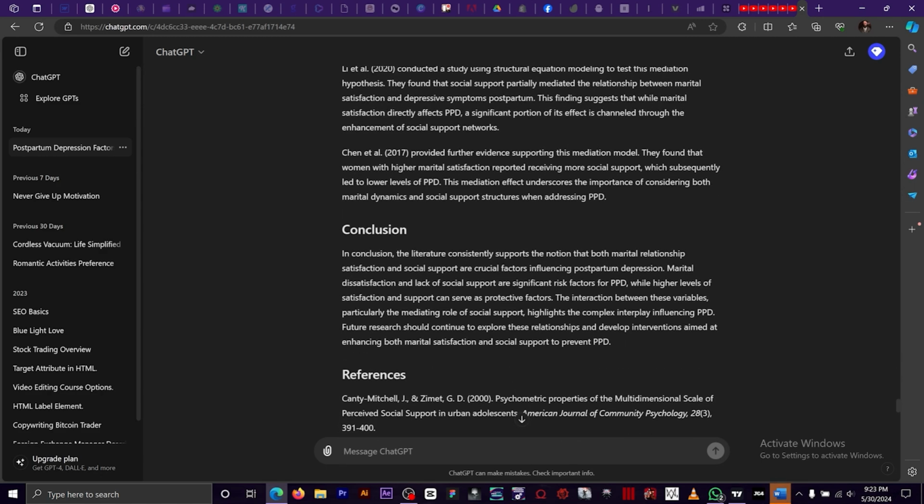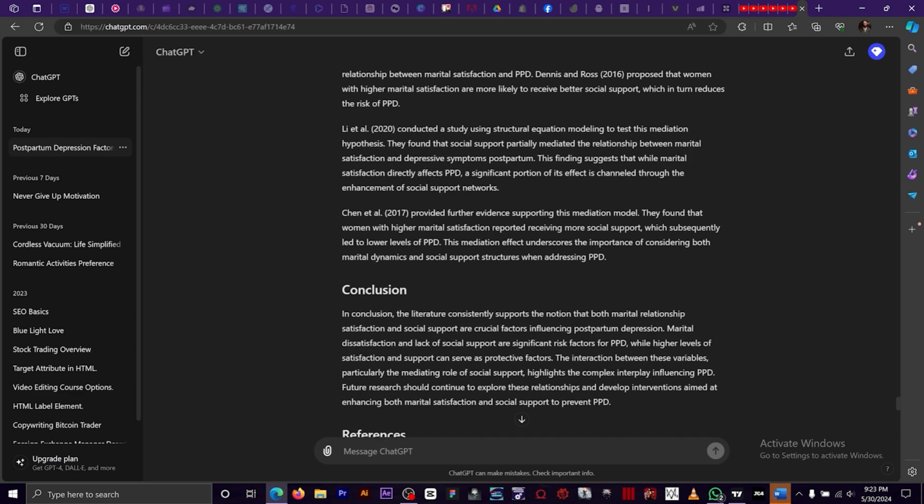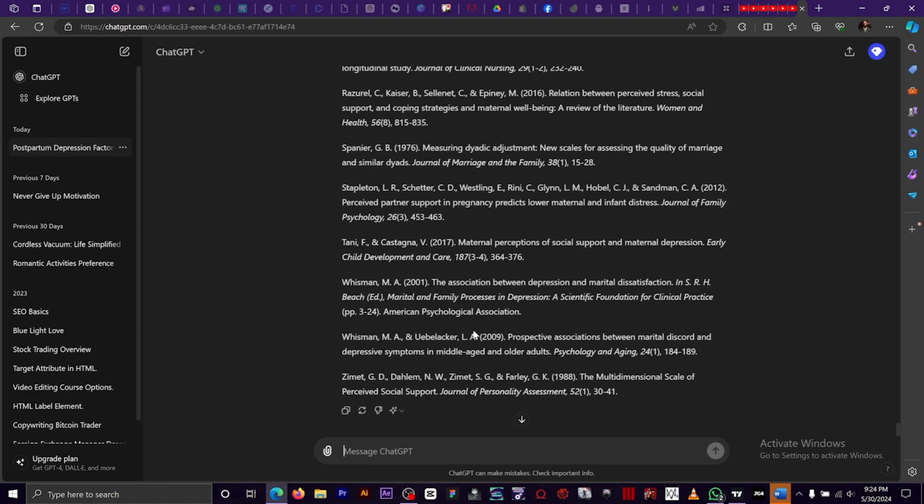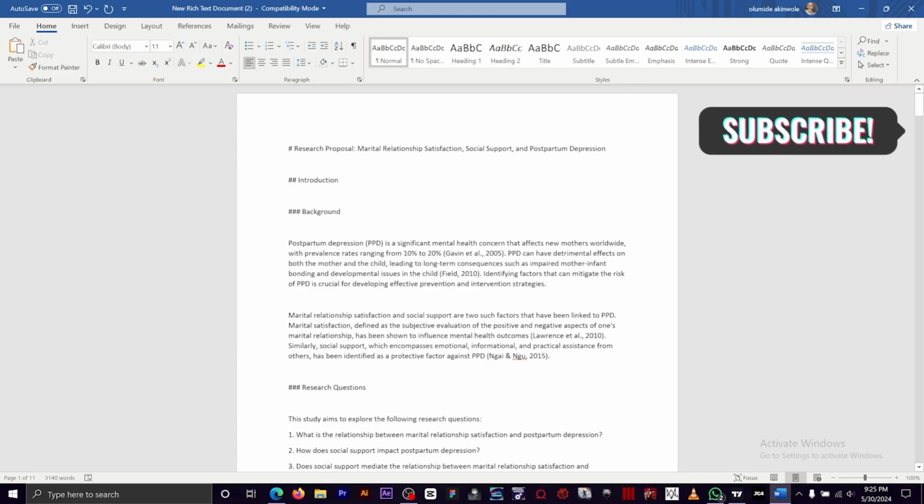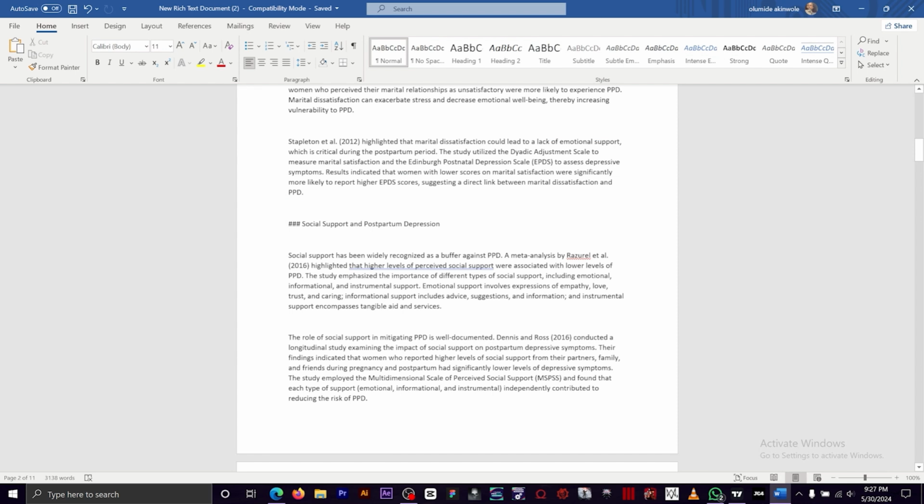So once you paste it in Microsoft Word, you need to read through it from section to section to make sure there's no mistakes or anything, to check the references and everything. So I'm gonna copy this. Alright, so we've copied everything into Microsoft Word. Go through it, delete things that you don't need. Once you've gone through everything and you're perfectly fine with what you have,